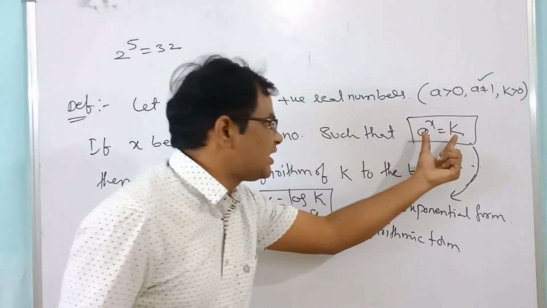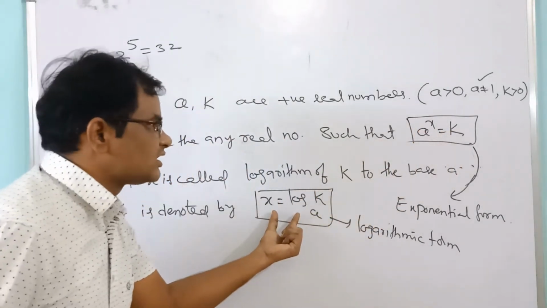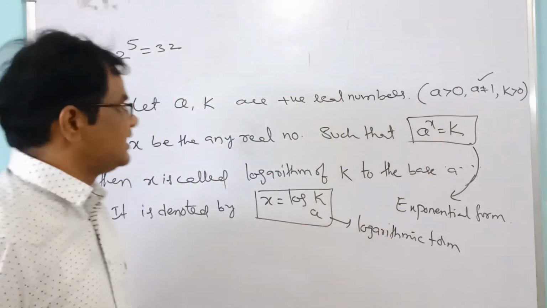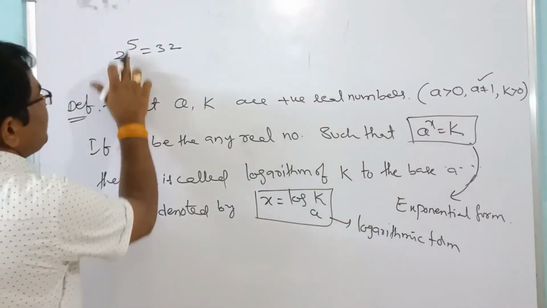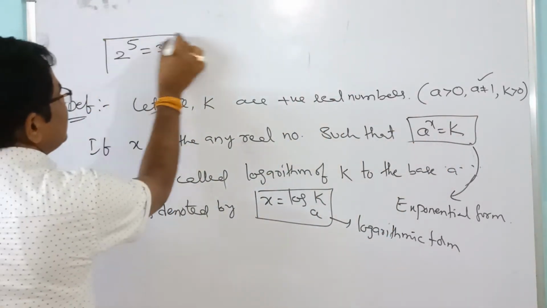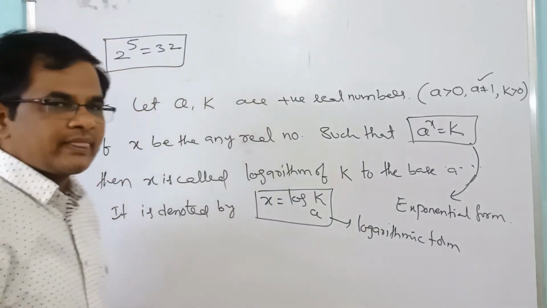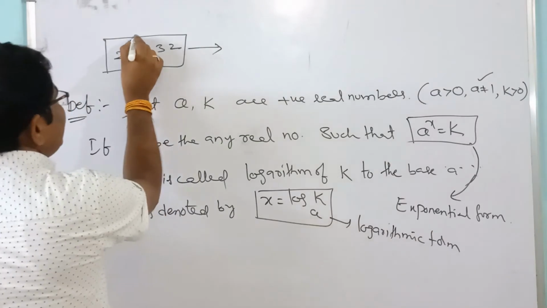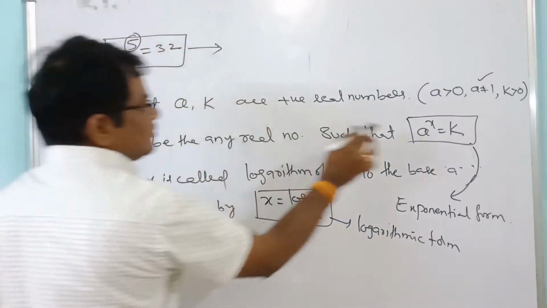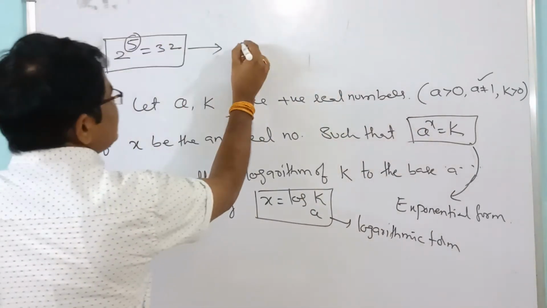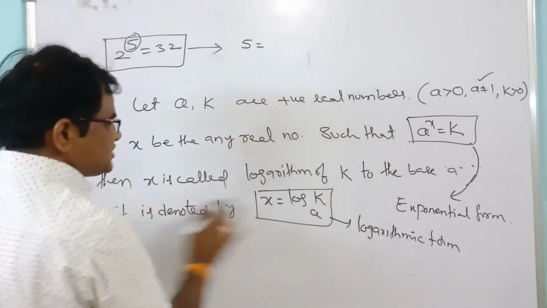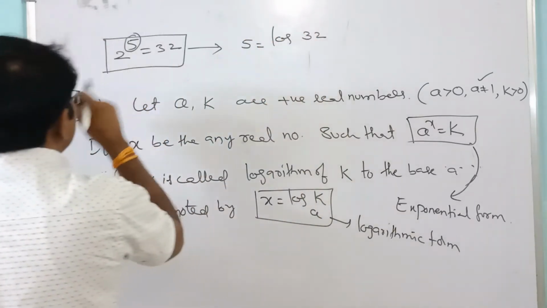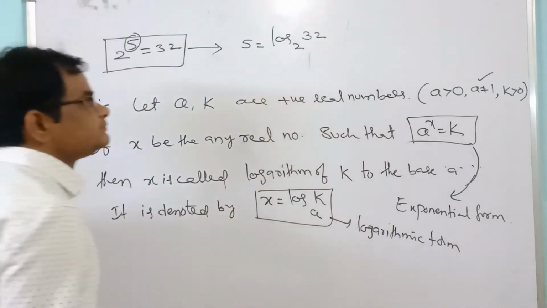This exponential form we are converting into logarithmic form, meaning this x is called logarithm of k to the base a. 2 to the power of 5 equal to 32 is in exponential form. So here in place of x, 5 is there. This 5 can be written, by using this definition, as logarithm of 32 to the base 2,